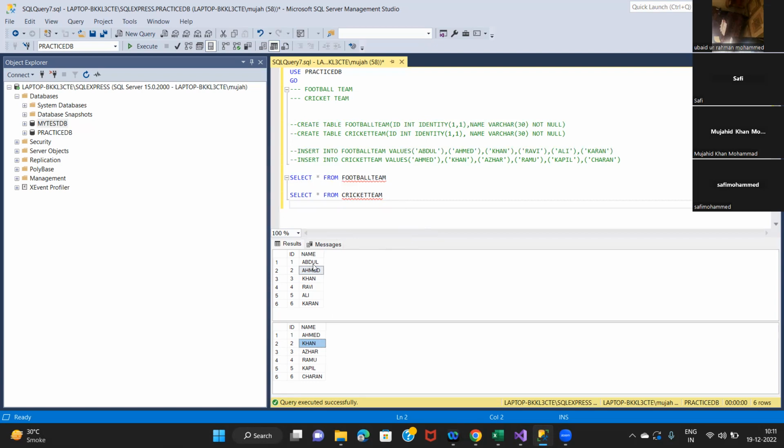So here, what we require is, suppose we want to find out who are playing both the games, football and cricket. Based upon this name column, we need to identify a column which is common across both the tables, as that will give us the list of results which we are looking for. So for that purpose,